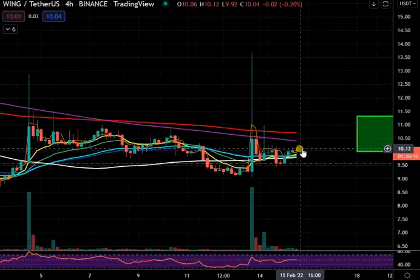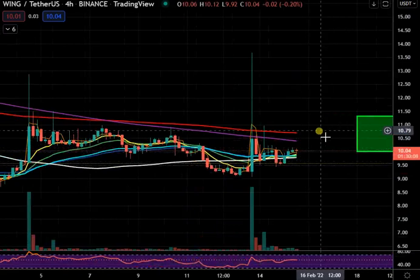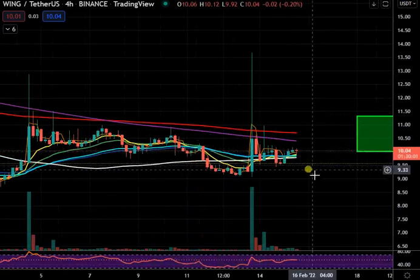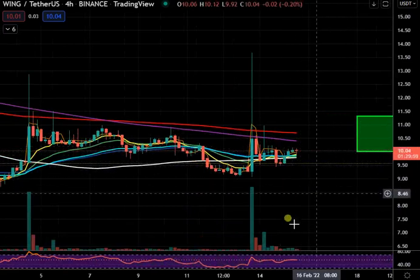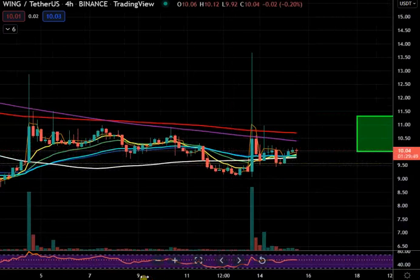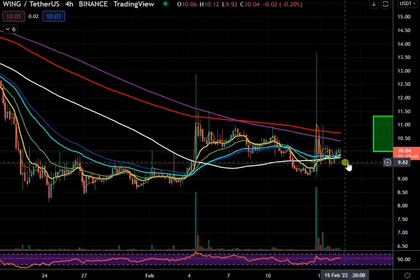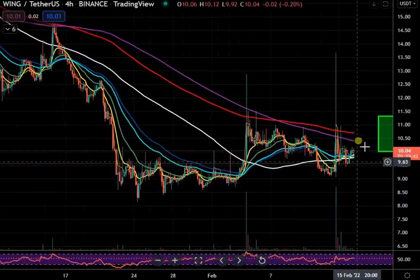I mean, you probably could buy this right now, but the whole market is up a lot. It pumped overnight when I woke up this morning. The whole market had pumped hard, which is good to see. But you always have to remember, if this falls below this white 100, you do not want to be in this because